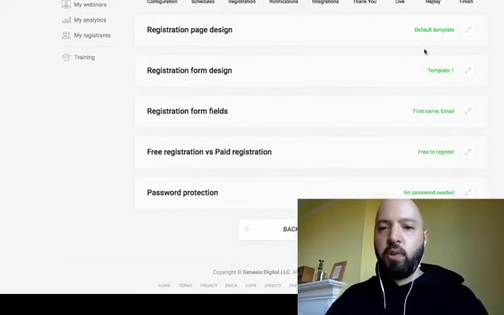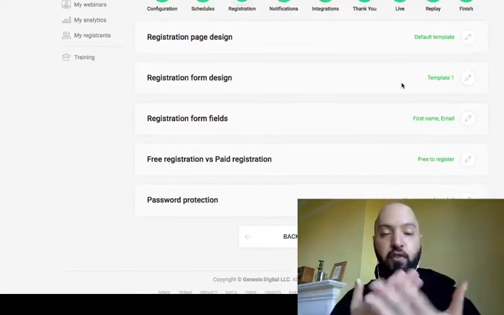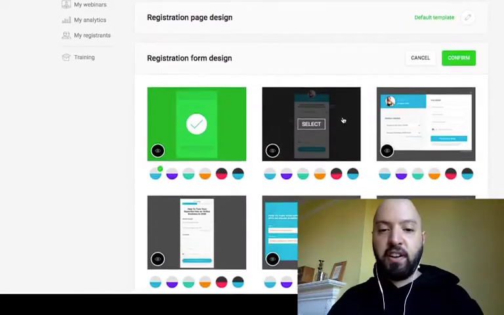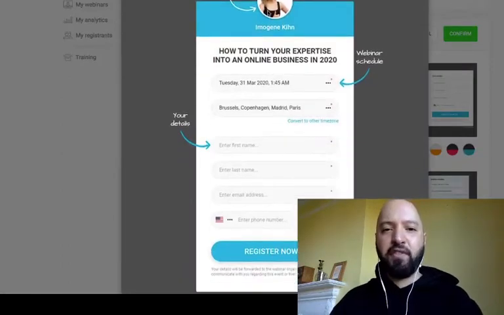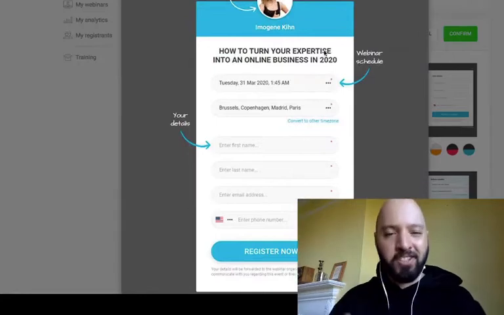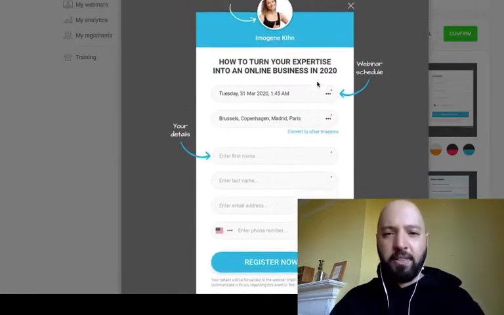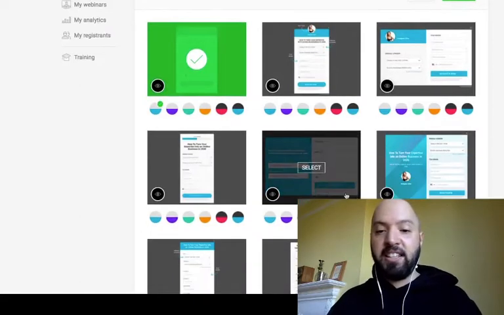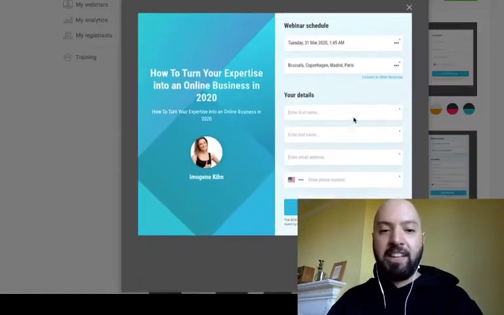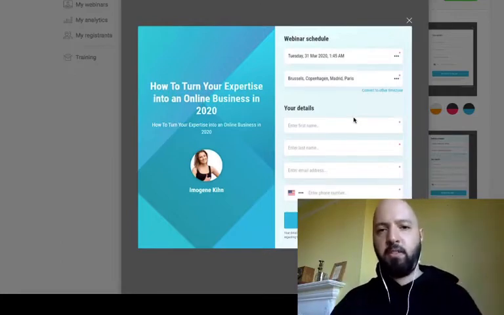What's also really cool is you can design the form itself. So not just the whole page that the form sits in, but the form itself. So you can look at the various designs. Here's an example, a very basic design. You've probably seen this tons and again. You have your face at the top. You have the title that we typed in that first menu. The different settings and the schedules with a toggle if people want to choose other times. I hope this makes sense. These are just your basic kinds of forms which you can set up. You can design these as you wish, but they're already here and preset to make it as simple as possible for you to get your automated webinar